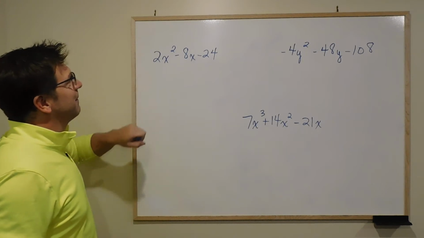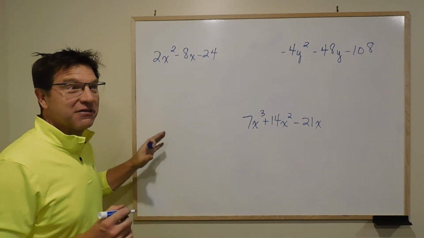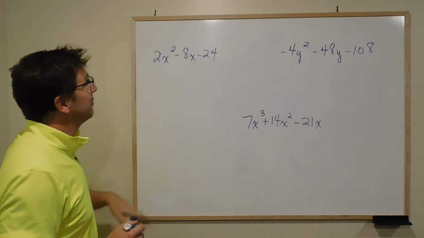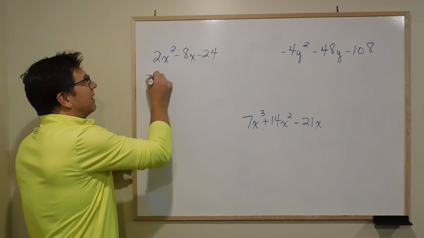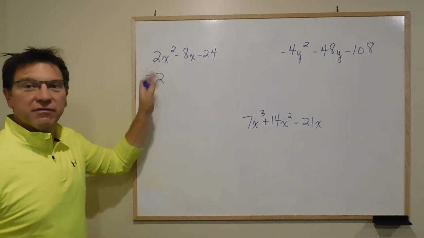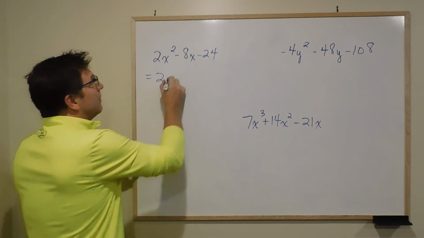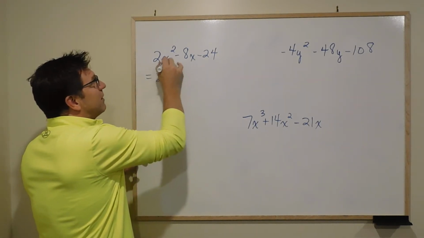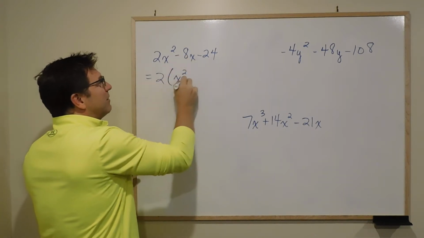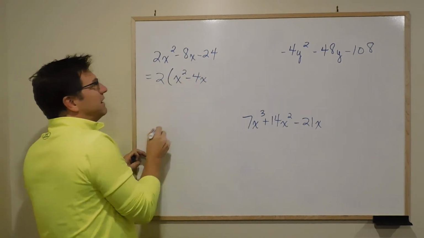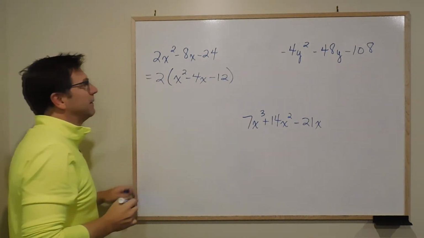So if I look at this one, greatest common factor, you always got to look first to see if that's there. In fact, it's there in all three of these. 2, 8, and 24. So I have a common factor of 2. I do not have a variable in common because that 24 does not have a variable. 2x squared divided by 2 is x squared. Minus 8x divided by 2 is minus 4x. And minus 24 divided by 2 is minus 12. Okay? So now,